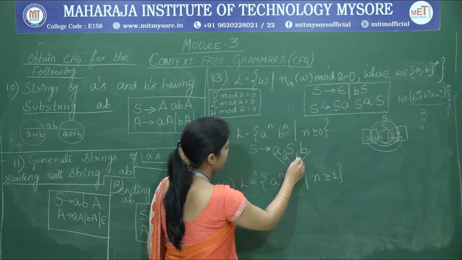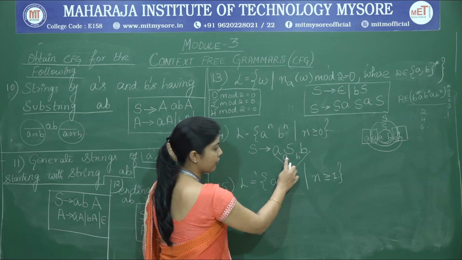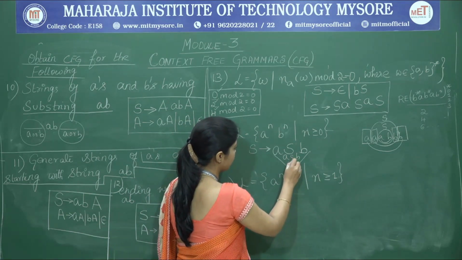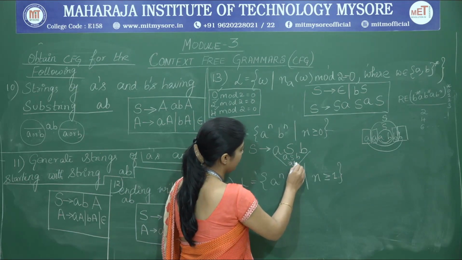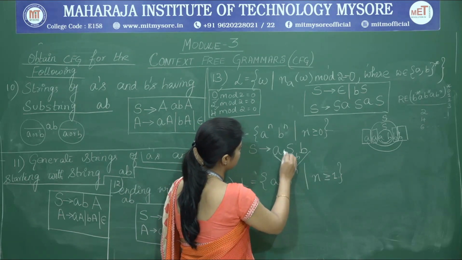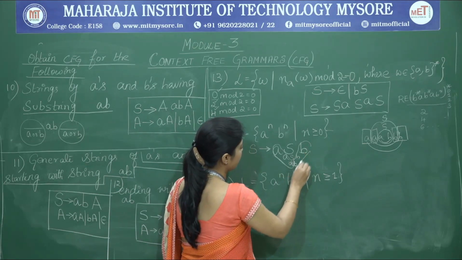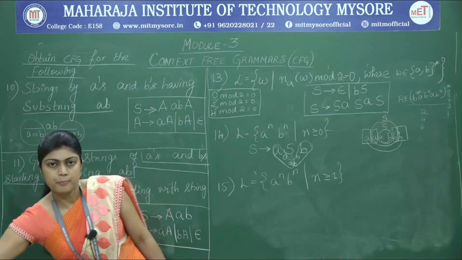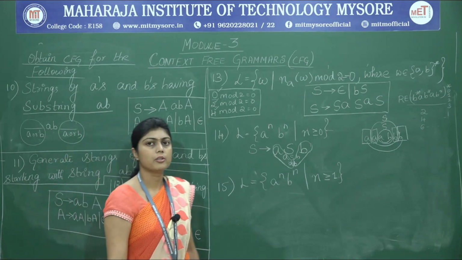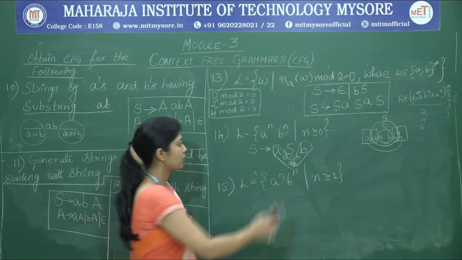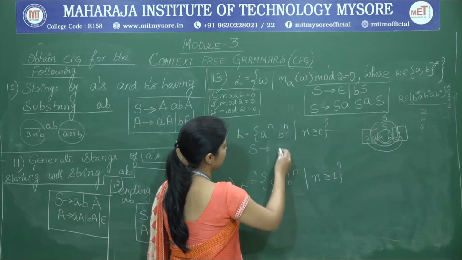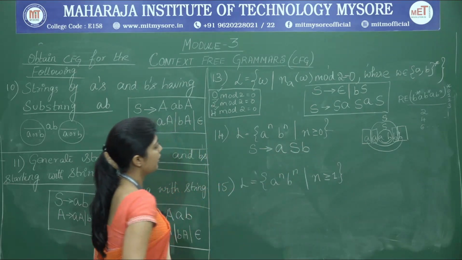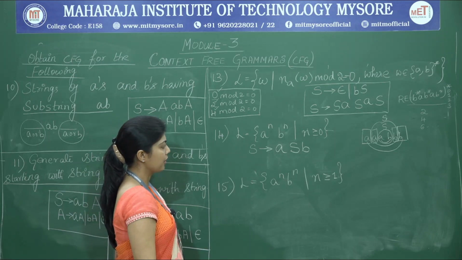In case I want to produce this S, we substitute A, B for S. Again, in between I will have another S here. Therefore, for this S I will put AB. So what is it actually generating? It is generating 3 A's and 3 B's. So that is what we are going to generate from the entire production. Therefore, we write the rule: S goes to A S B. It's generating A to the power of n, B to the power of n.